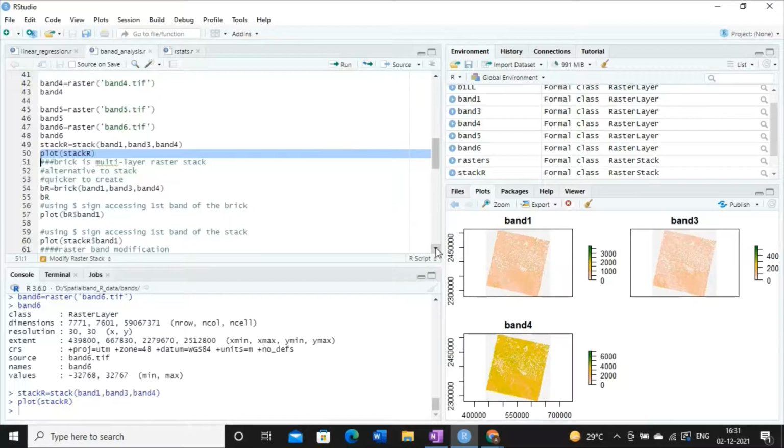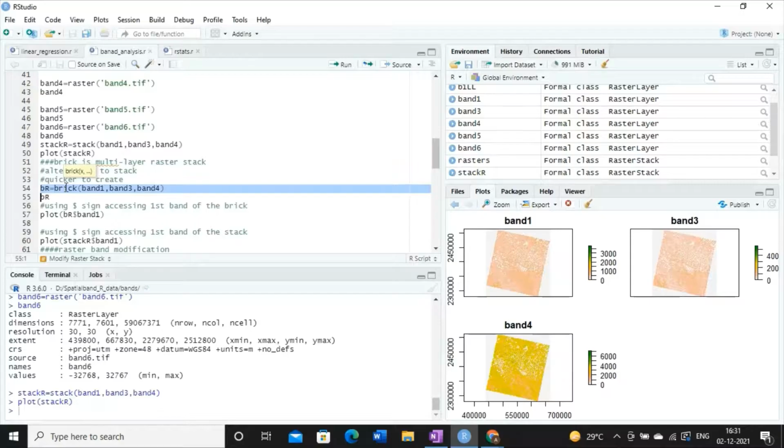Now see, alternatively I will give you one idea. This is a very important thing that you have to keep in mind. Creating a stack is the same concept as creating a brick in spatial data analysis. Another way to create a stack is to use the function which is known as brick.